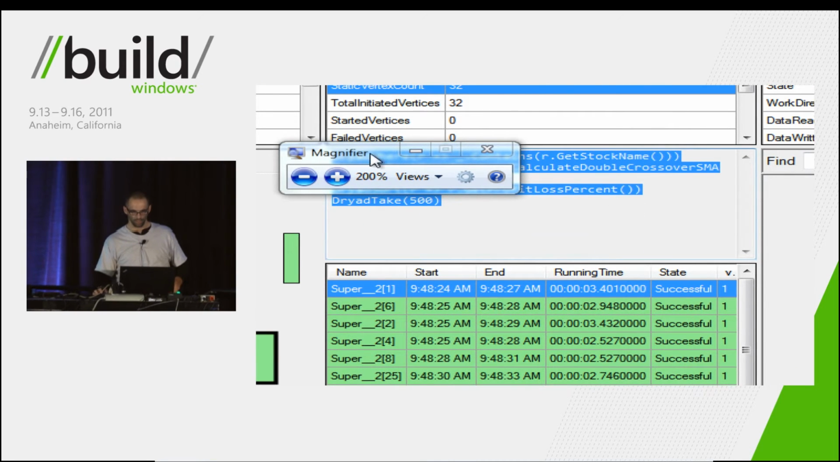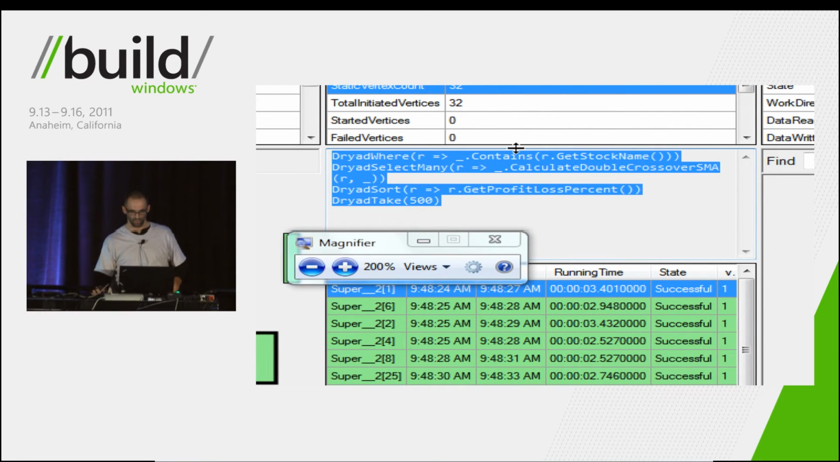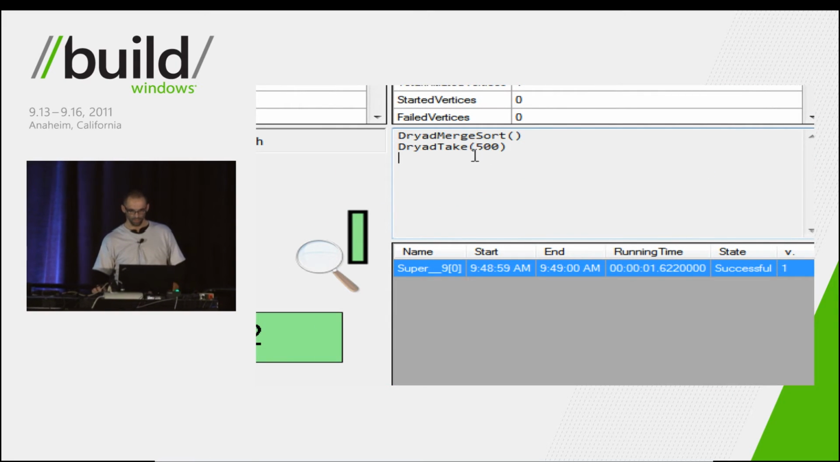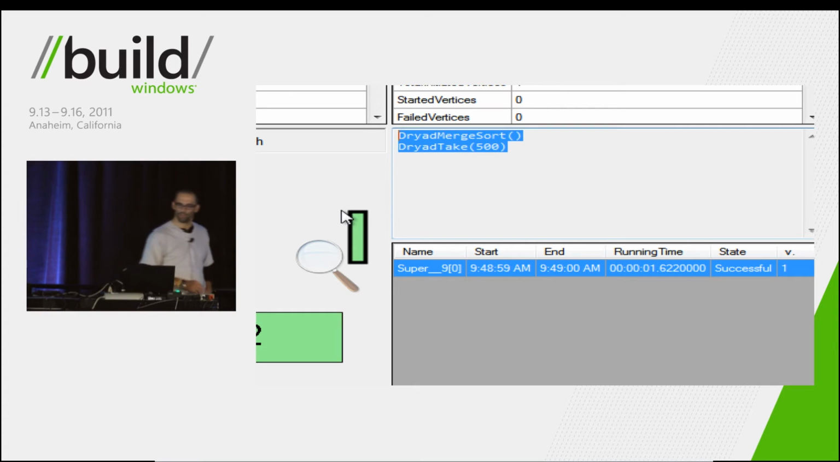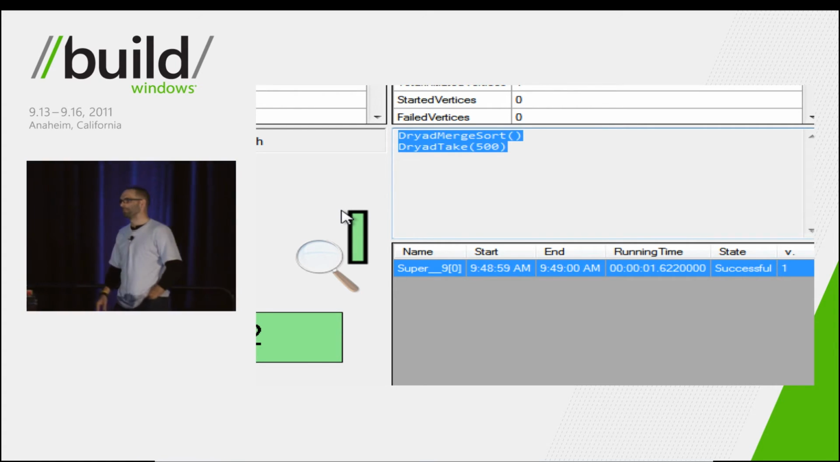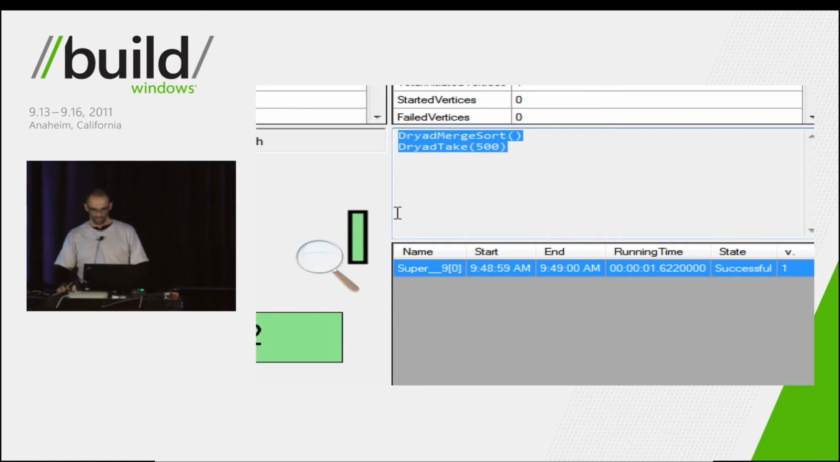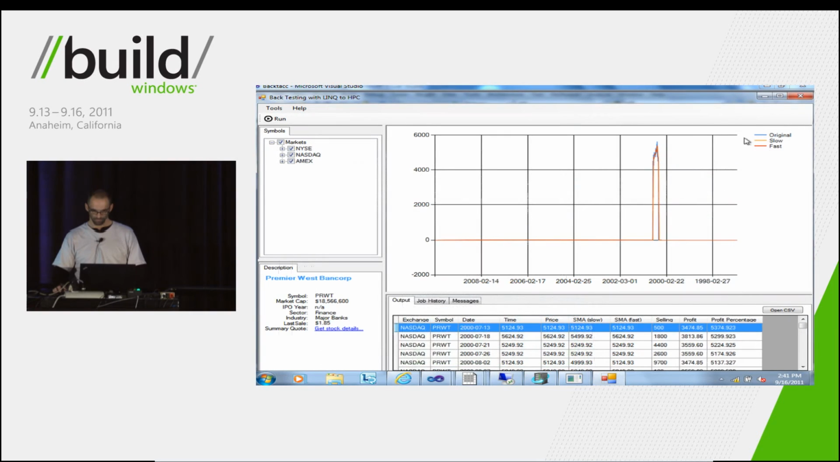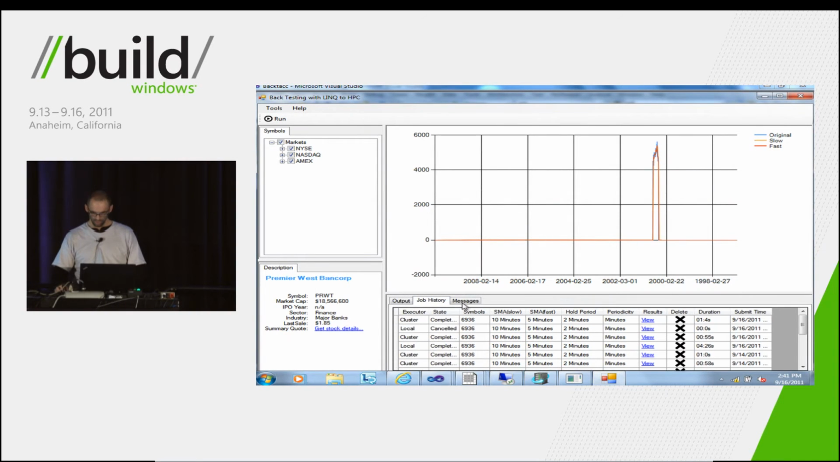You can see I'm calling calculate double crossover. And then if we move up to the next stage, you can see that's merging, sorting, and taking the first 500. So let's see how fast that actually ran. If we look at the job history,